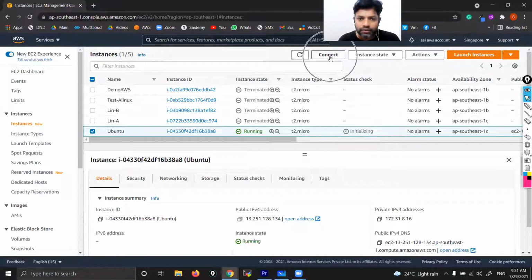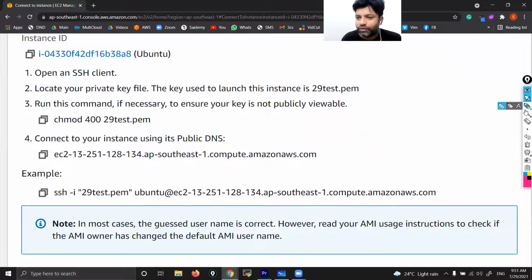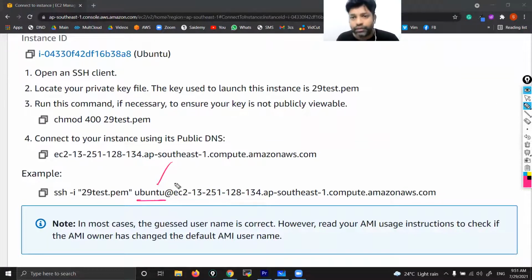Click on connect. If you observe carefully, this username is not ec2-user. Username is ubuntu. These are the default names given by AWS, so you need not remember them. When you click on connect, automatically you can see what name they are giving. We can change all these names, but as of now, understand that they are giving ubuntu.